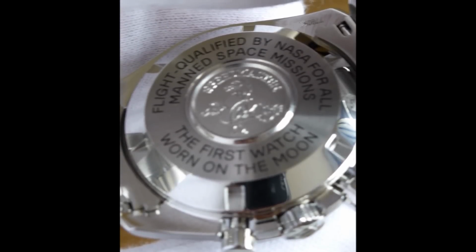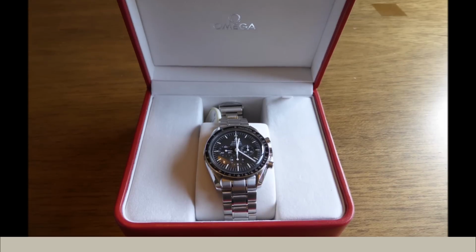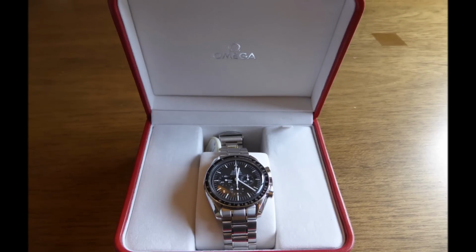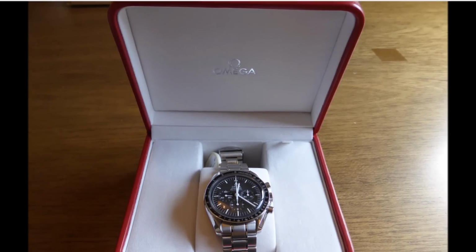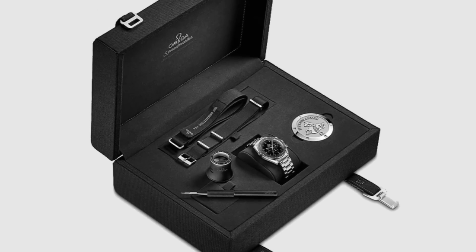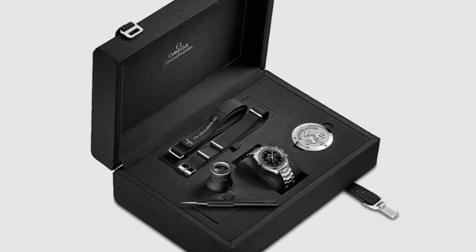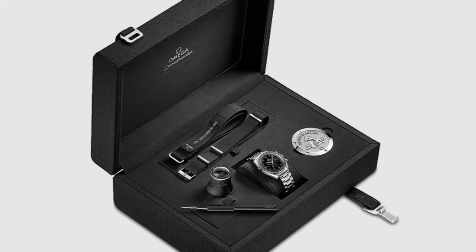Okay, kind of out of time now. I have got some information on the stopwatch and bracelet in a bit more detail. I'll put those up separately. Just to talk about the box with the new version of this watch, the 311. Basically, you'll see this is coming with some spare straps, and the new bracelet is a screw type bracelet